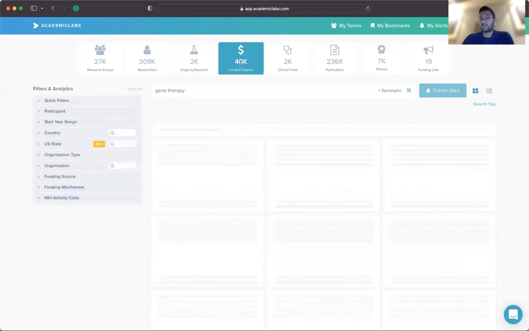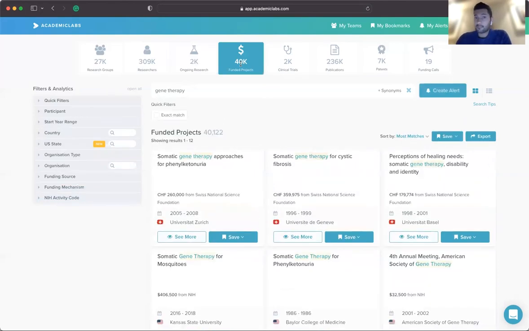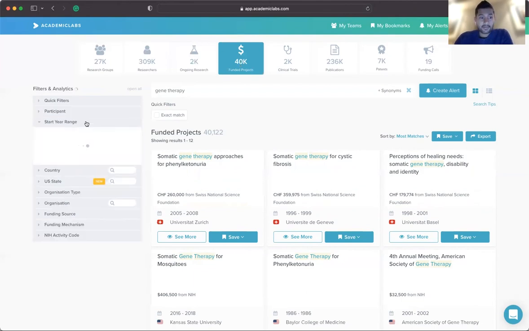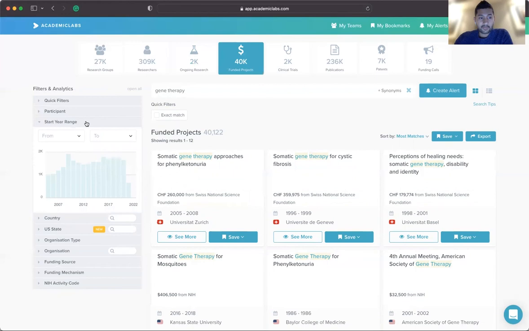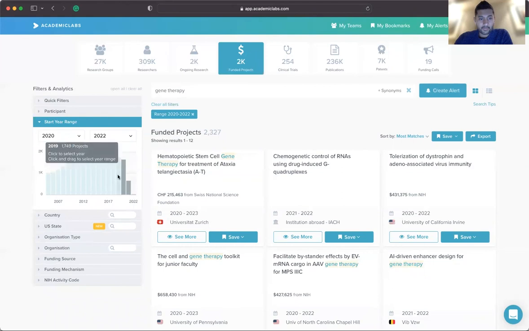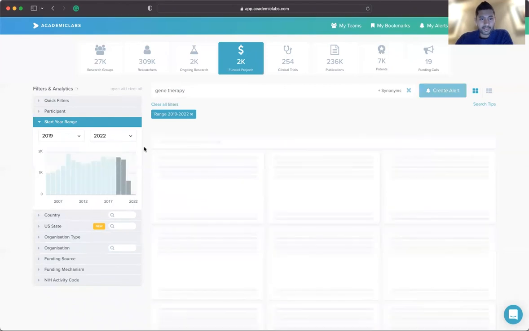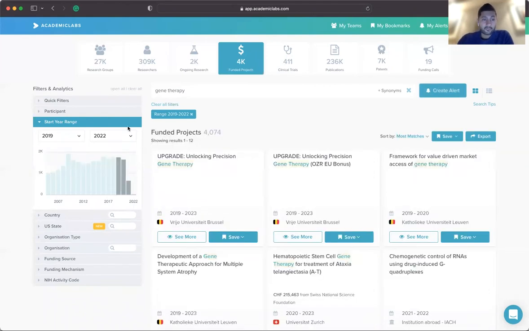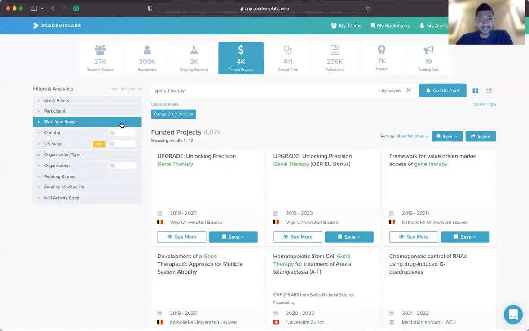What you can do as well is go to the funded project section and see which are the companies active today on your topic. So to do that, you can see this filter called Start Year Range. You can select the last 2-3 years on your topic. So let's just say I selected 2019 onwards. Now you see 4,700 projects starting from 2019.